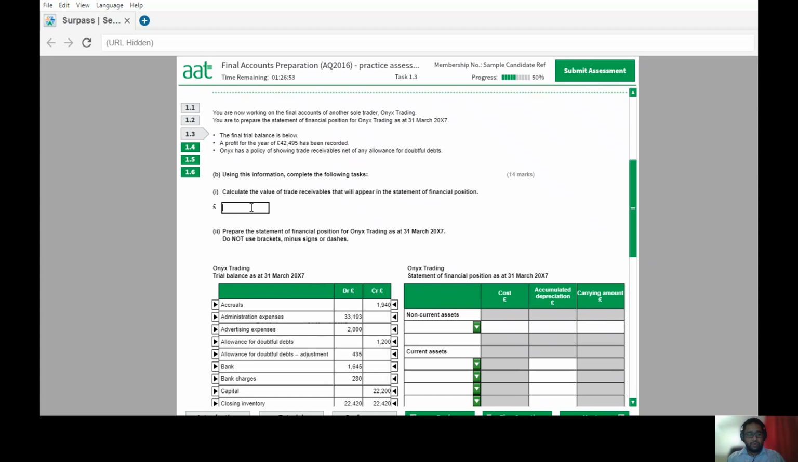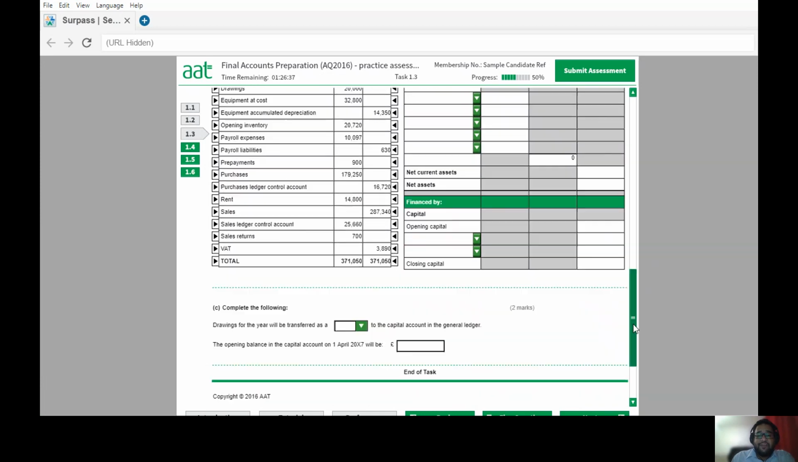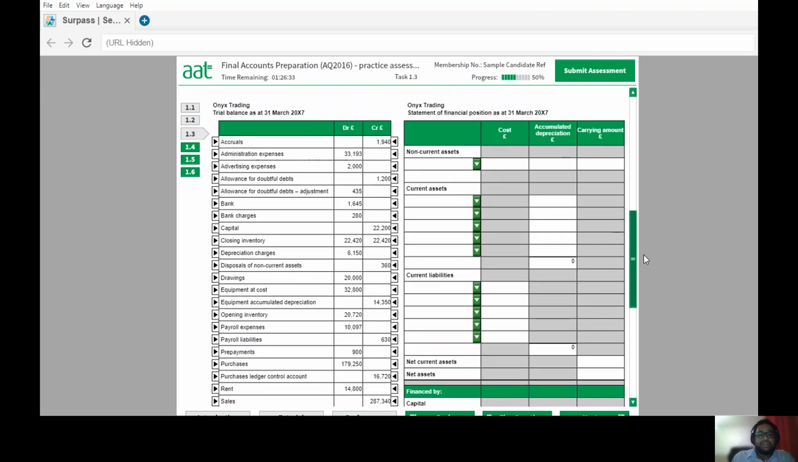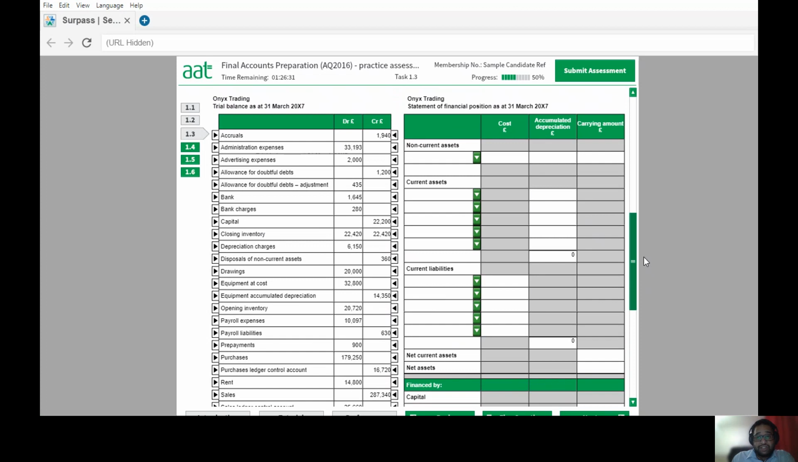We're going to say 24,460. It is going to be allowance for doubtful debt net of that one, which is your trade receivable net of allowance for doubtful debt. Okay, now we got that figure out of the way. Now we can fill out the rest of the information in this trial balance, from the trial balance into your